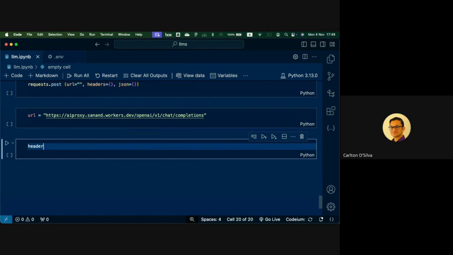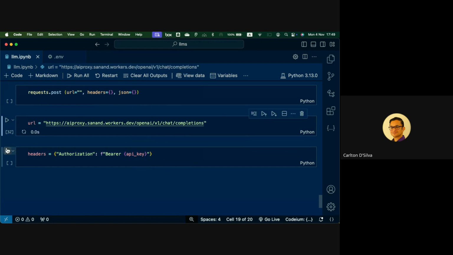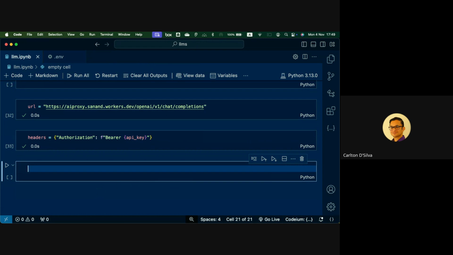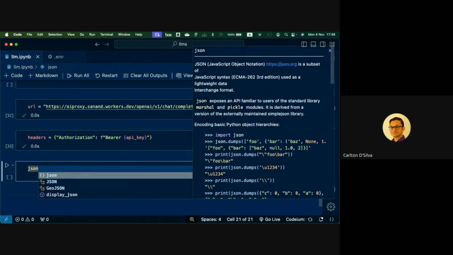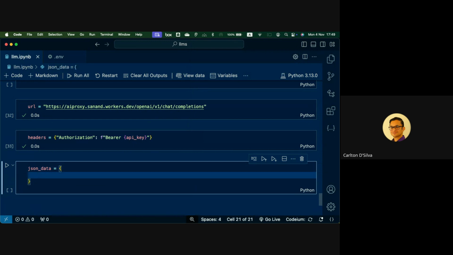This time, I'll put it in a variable, so it's always easily available to us. So we've got the URL, we've got the headers, and then comes the basic structure of the JSON body. This will work just like a dictionary key value pair.